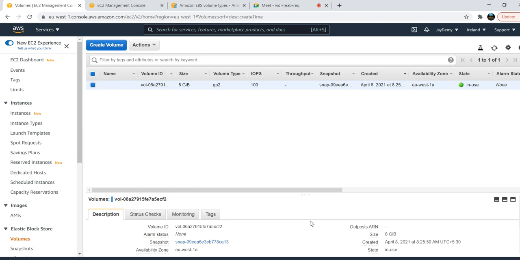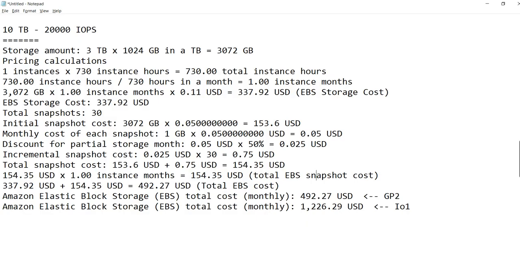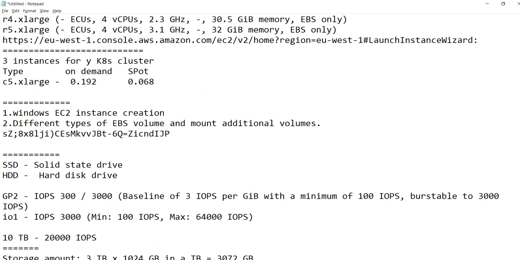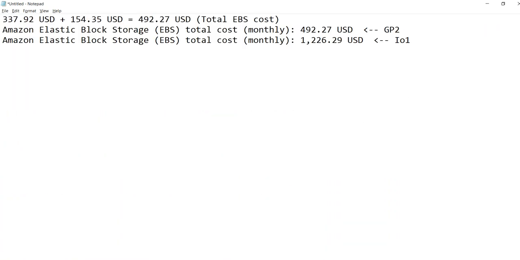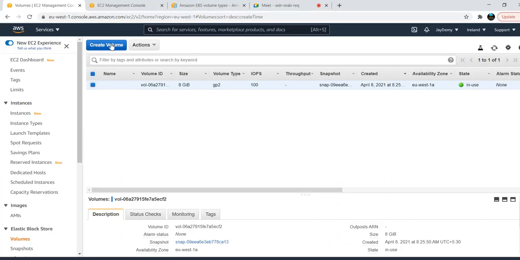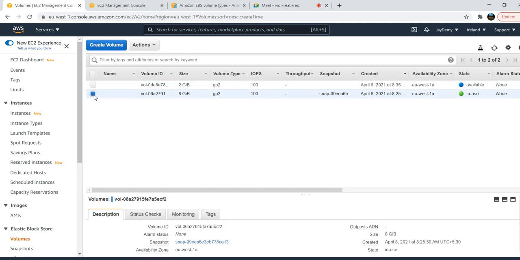Did we copy that command yesterday somewhere here? Let's see. I think it is not copied. Okay, so the volume is created now. Just refresh this one. Yes, this is the above one. And if you see this one, it does not have any snapshot. This we have created. Whenever we create an EC2 instance, along with it one root volume of 8 GB is created. This has a snapshot here. By default it is taking one snapshot.